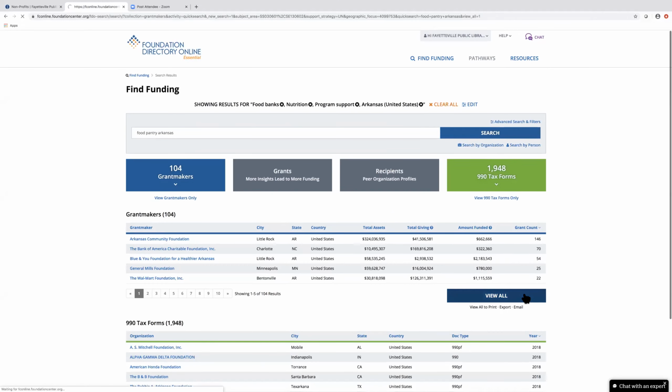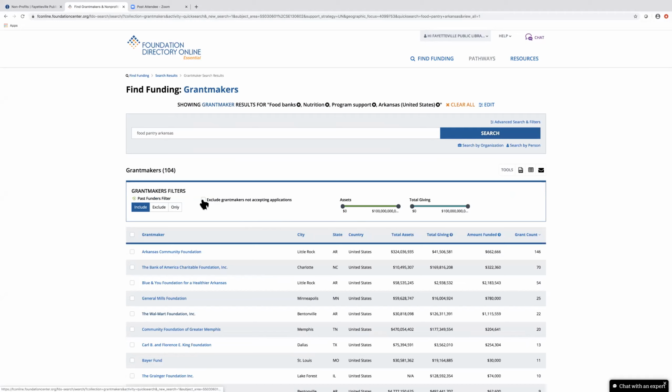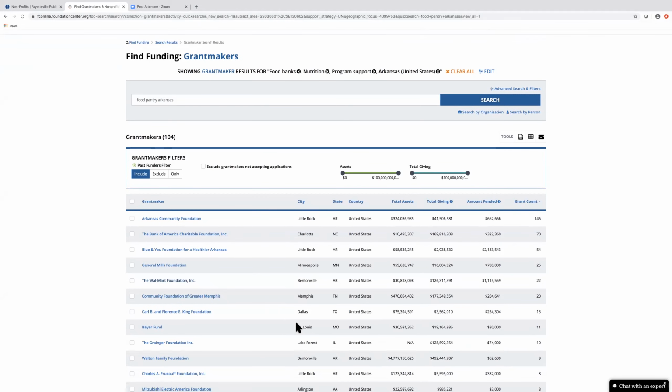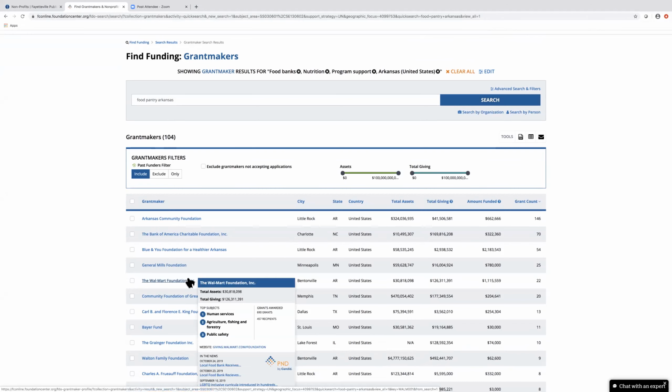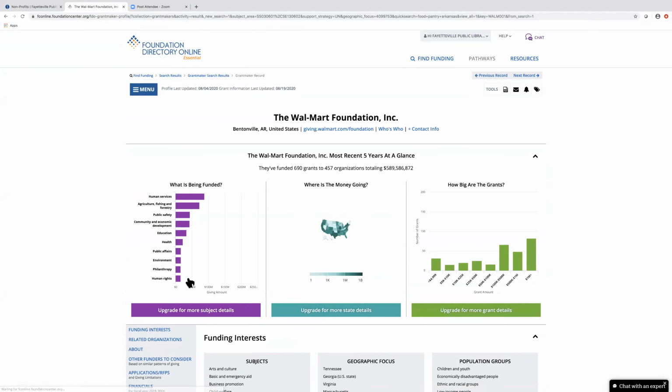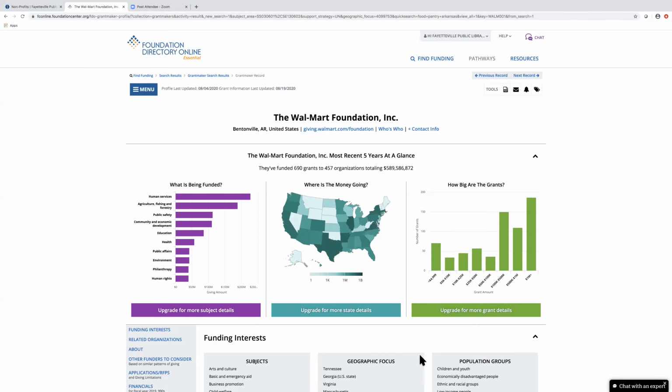Okay. As I was saying, you would click on this and you would exclude everybody who was not accepting unsolicited funding applications. But we did a little more training and they were really suggesting not to check this because if you do find a foundation or a funder that fits your mission and it seems like a perfect fit, and they're not taking applications, you can always see if you know anyone who is working for this foundation in any way, shape, or form,